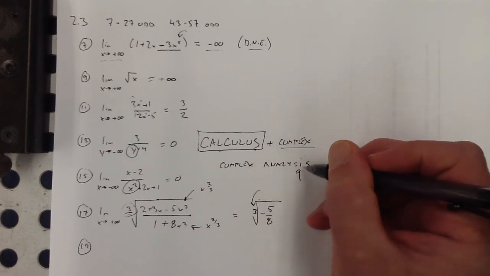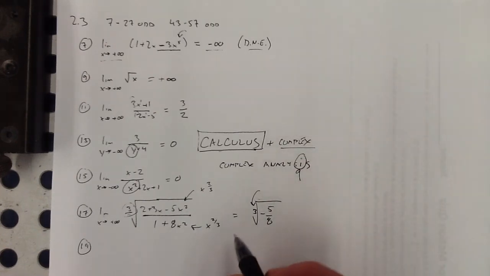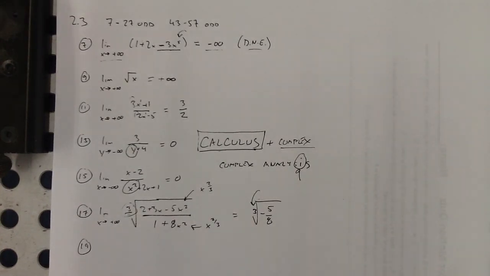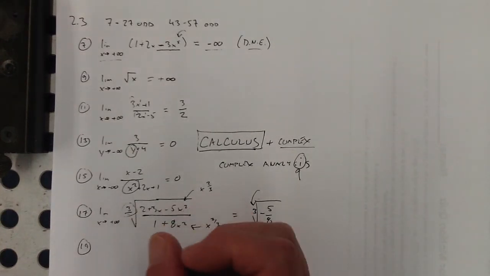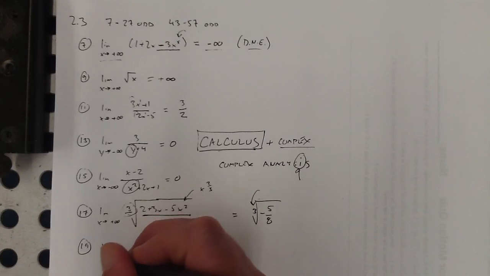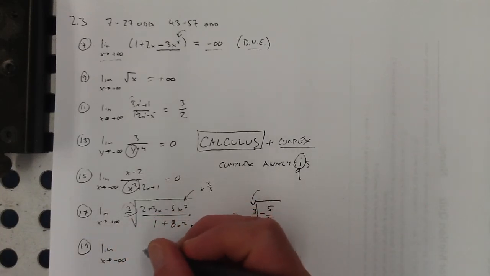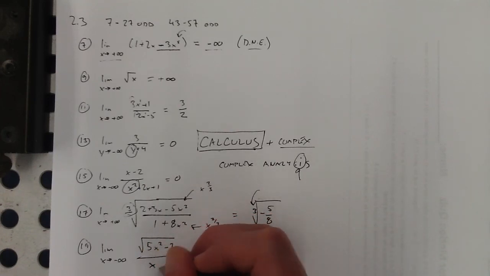And there it is. There is an i, complex analysis. So there you go. Okay. Now the limit as x approaches negative infinity. Oh, here we go. So this is why it's important to respect those root signs and root symbols and what's